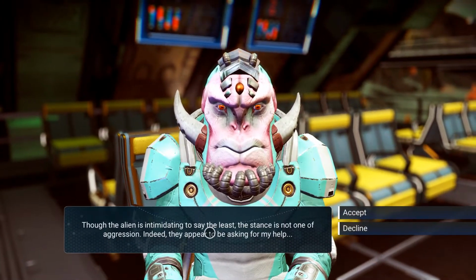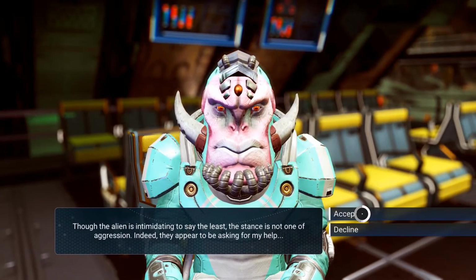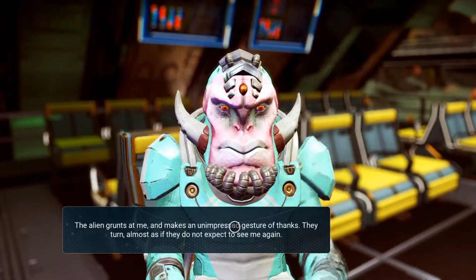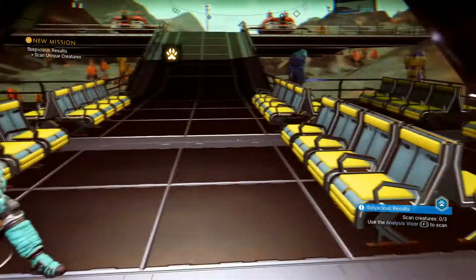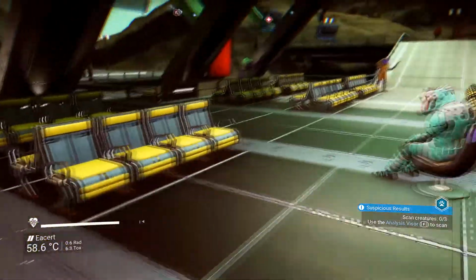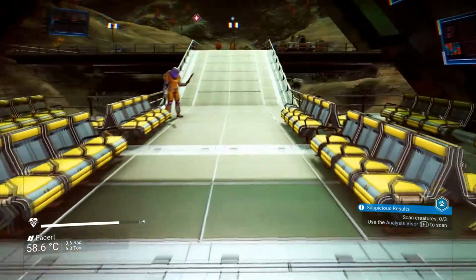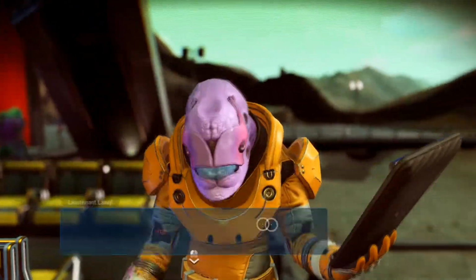Thought of an alien intimidating, so at least the stance is not one of aggression. So she appeared to be asking for my help. Okay, let's do this mission. We basically have to scan three creatures. Well, that ties in with the other mission I've got to scan creatures. And we're on a planet that says there's abundant fauna, so...